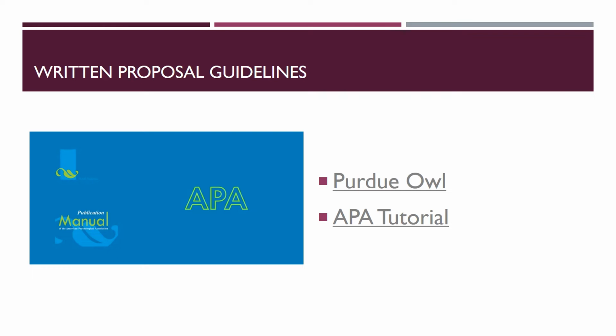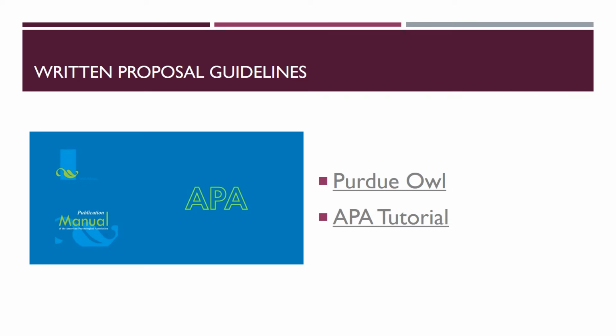So to start off, obviously this has to be a typed document, and it needs to follow the APA format. It's required for everything, including the reference citations, the title page, the abstract, everything that's included in your project itself needs to have APA formatting. There are two links on this slide that you can click on: one, the Purdue OWL website that I'm sure all of you have visited before, and then